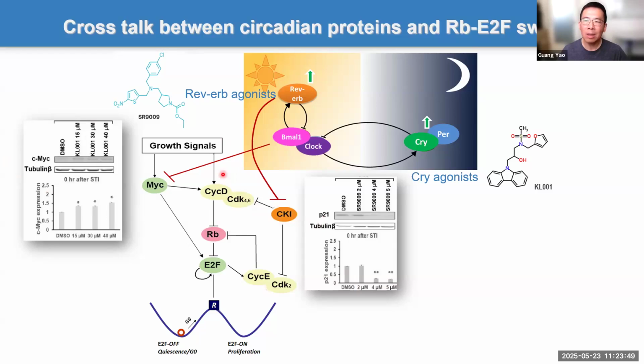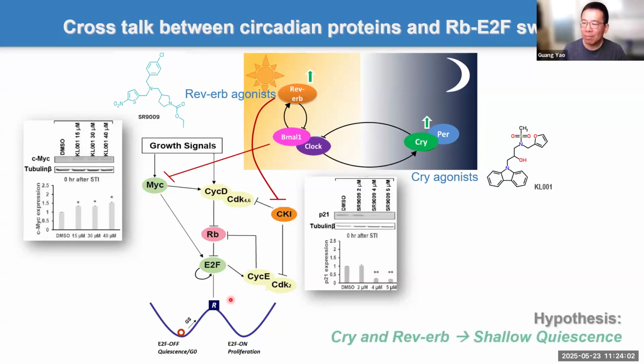So in our system, we did verify both drugs work, and they modulate the corresponding regulators of this bistable switch correspondingly. So we have very strong confidence. Now if we measure the depth of quiescence, with either or both, they should drive cells into shallow quiescence. So we were very happy at that time. So let's do the experiments and see what we find.